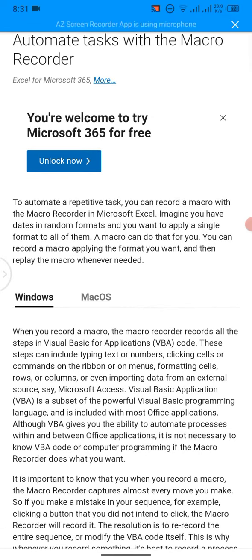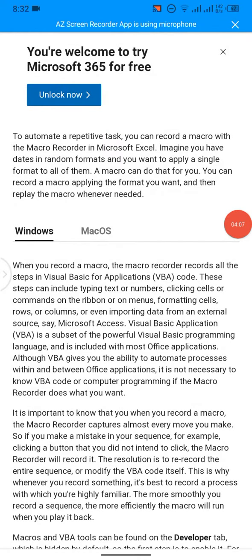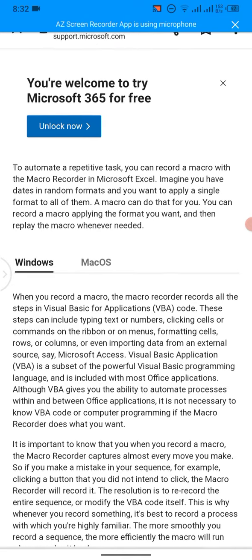When you record a macro, the macro recorder records all the steps in Visual Basic for Applications VBA code. These steps can include typing text or numbers, clicking cells or commands on the ribbon or on menus, formatting cells, rows and columns, or even importing data from an external source. Microsoft Visual Basic for Applications VBA is a subset of the powerful Visual Basic programming language. तो गाइस, ये थी हमारी